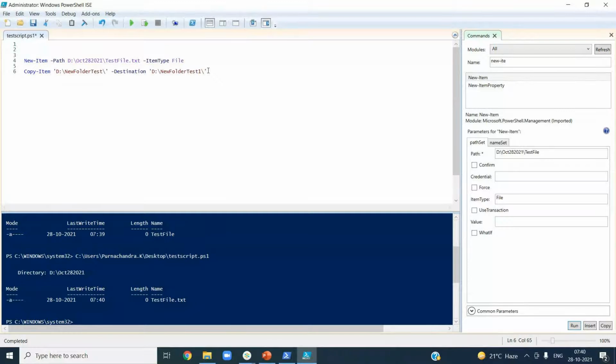We have to give the source and then the destination. It will copy the content there. If there are multiple items like this, with slashes and everything, it is always better to quote them. Your double quote will also work and a single quote will also work. No need to worry about it. You can give it like this also. It will work, but follow consistency.